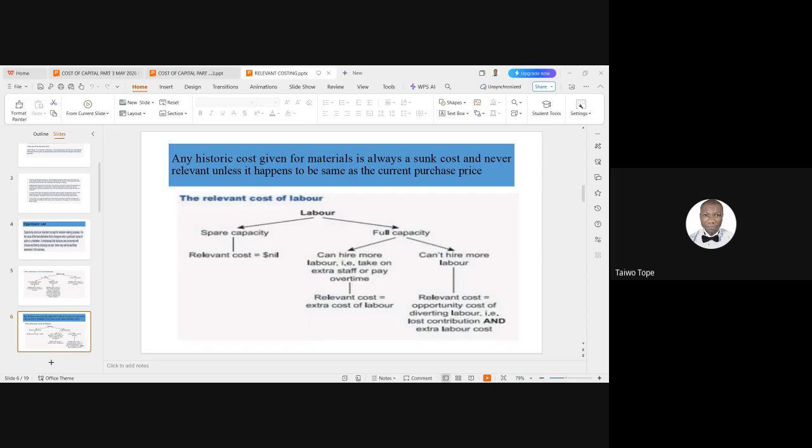In some organizations, the remuneration or the wage of those that work in Department A and Department B varies, isn't it? Their wages do vary in some organizations, depending on how technical the task will be. So where you are moving workers from a particular unit to another,